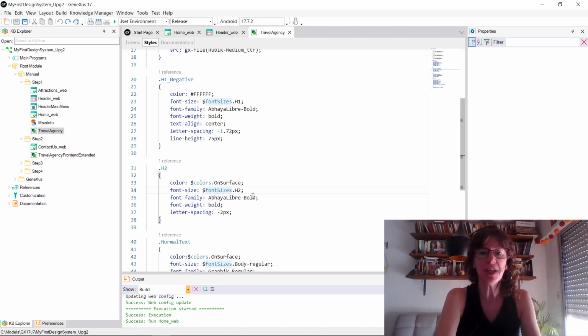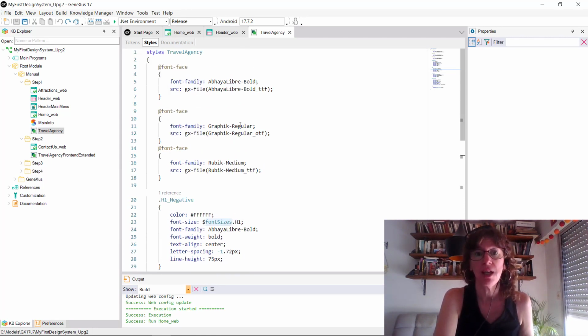So, where do we design everything we just mentioned about the hover action for the texts or a change in the font size according to the screen size? Because we don't see that here.